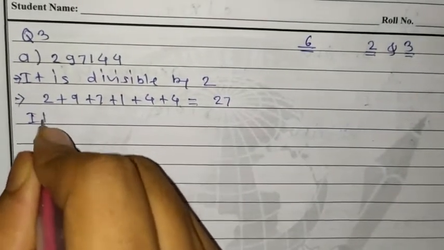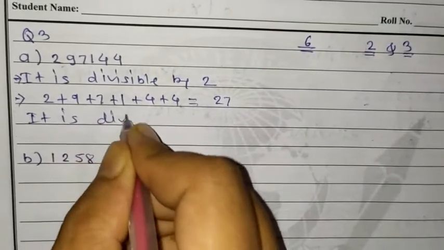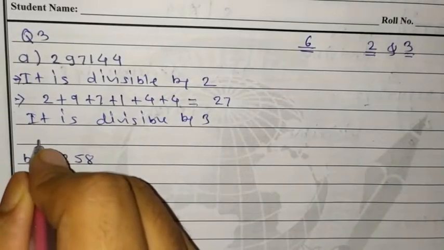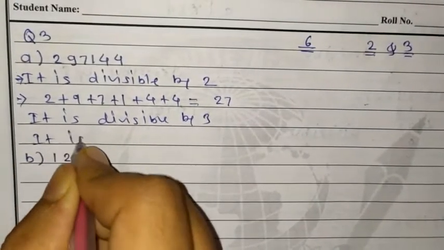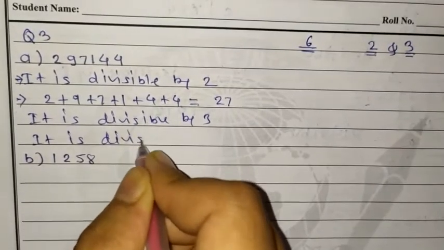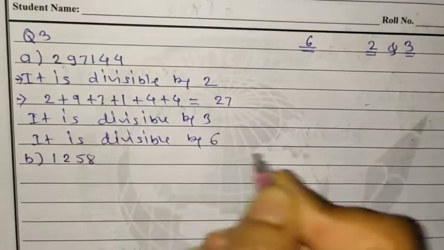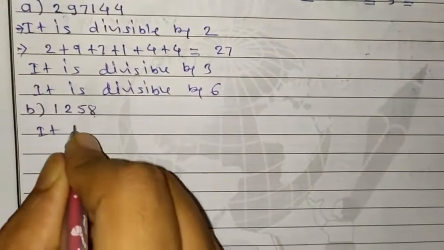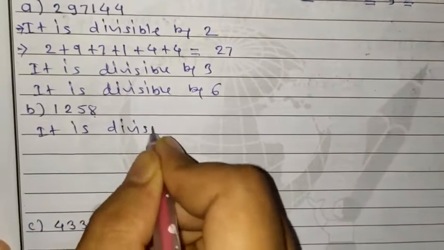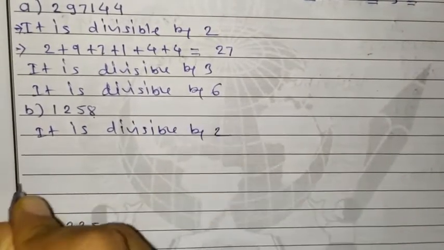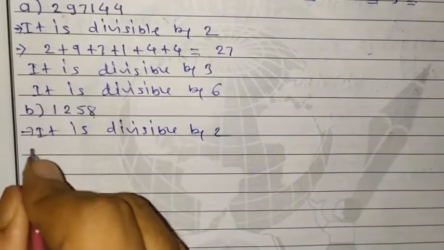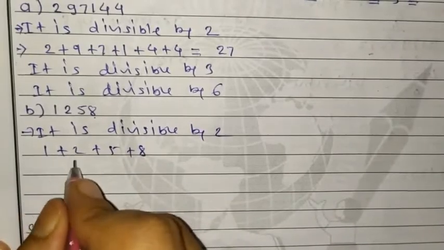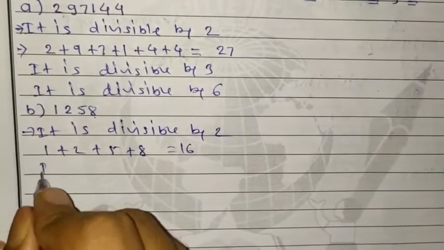So you can write it is divisible by 3. Okay, so therefore it is divisible by 6 also. Next one, here it is an even number, so it is divisible by 2. And in the next part you have to do addition. It is 13, 15, 16. So it is not